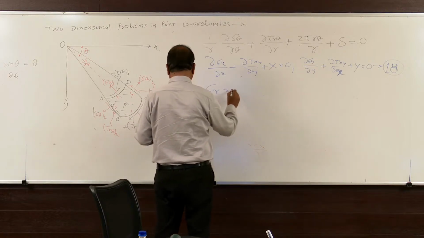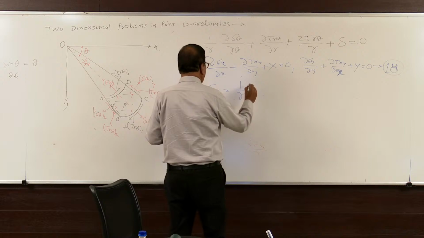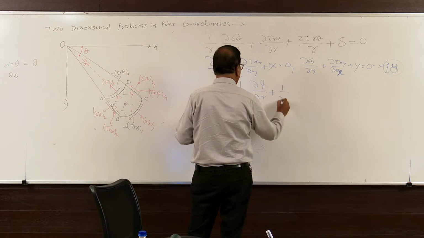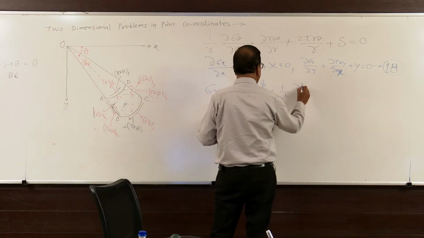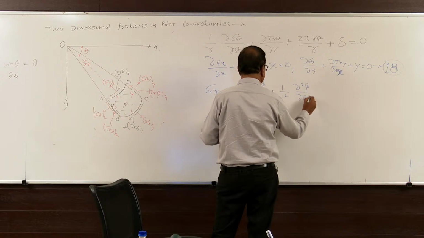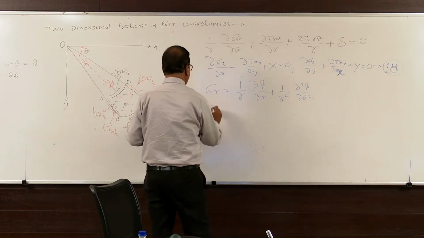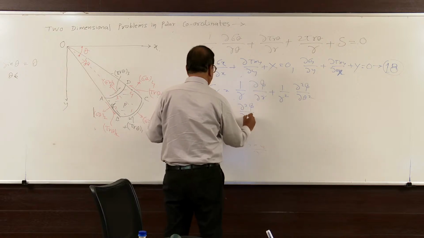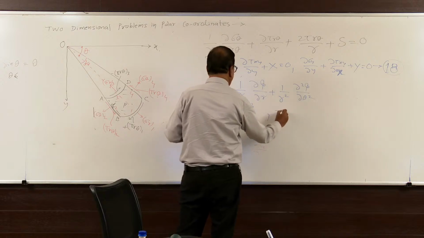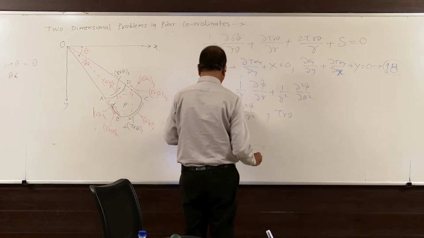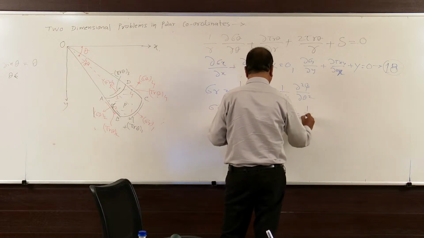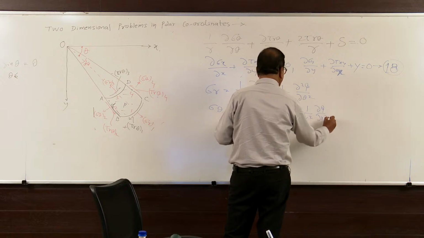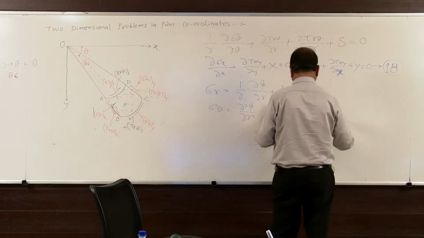sigma r is equal to 1 upon r del phi upon del r plus 1 upon r square del square phi upon del theta square, sigma theta is equal to del square phi upon del r square, tau r theta is equal to 1 upon r square del phi upon del theta